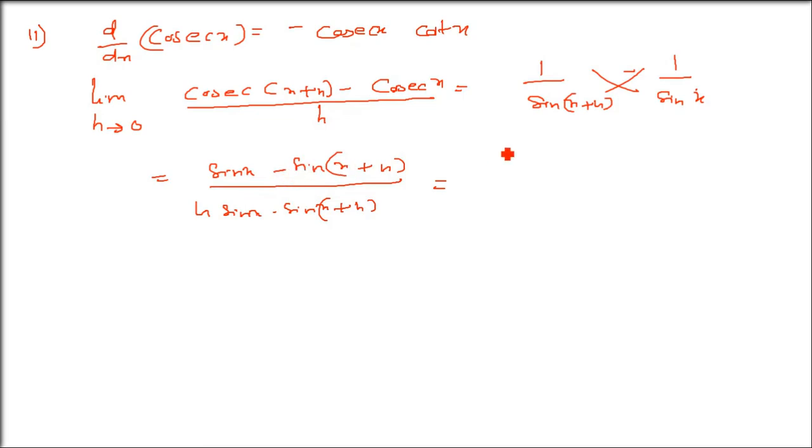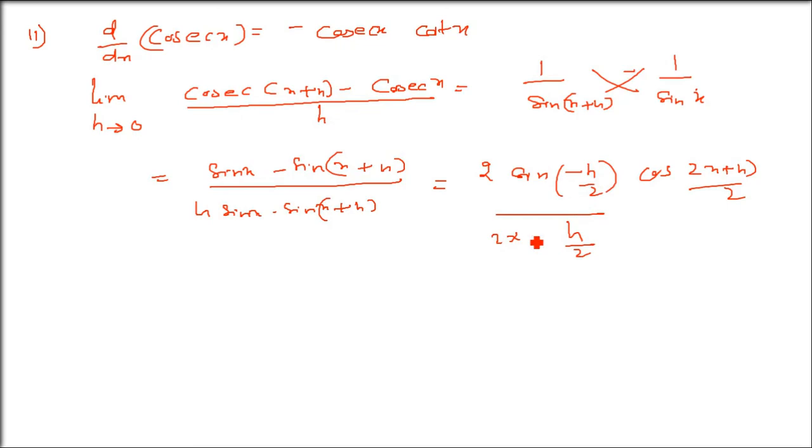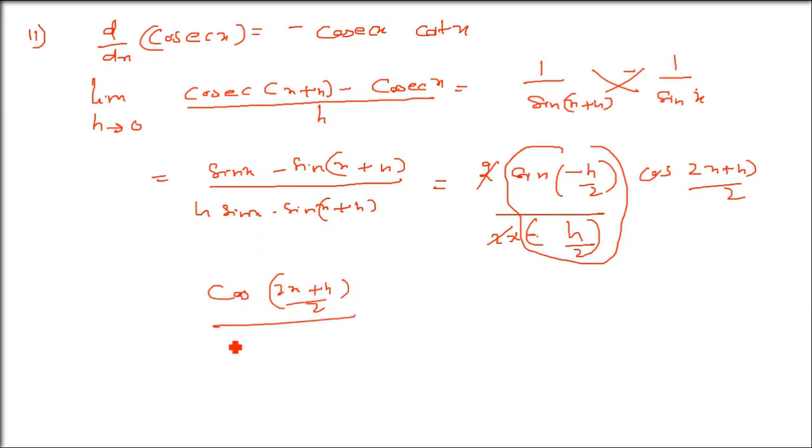Now sin c minus sin d. I told you sin c minus sin d was what? Sin c minus sin d is 2 sin of (c minus d) by 2 cos of (c plus d) by 2. So it will be 2 sin of (x minus x minus h) by 2, that is 2 sin of minus h by 2, and cos of (2x plus h) by 2. So you have h here. Either you can have a negative here and multiply negative in the numerator, so minus minus gives numerator and denominator with 1, or you can take minus out of sine also. So you have 1, cos of (2x plus h) by 2, in the denominator you have sin(x plus h), just apply the limit.